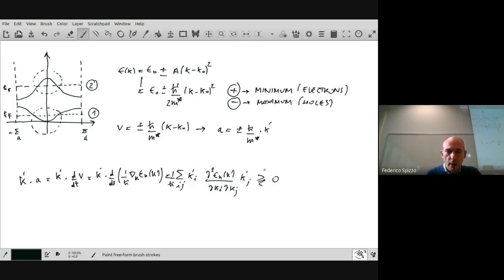So I have to analyze the sign of this. The sign of that depends on this matrix, because here we have the Hessian. So if this matrix is